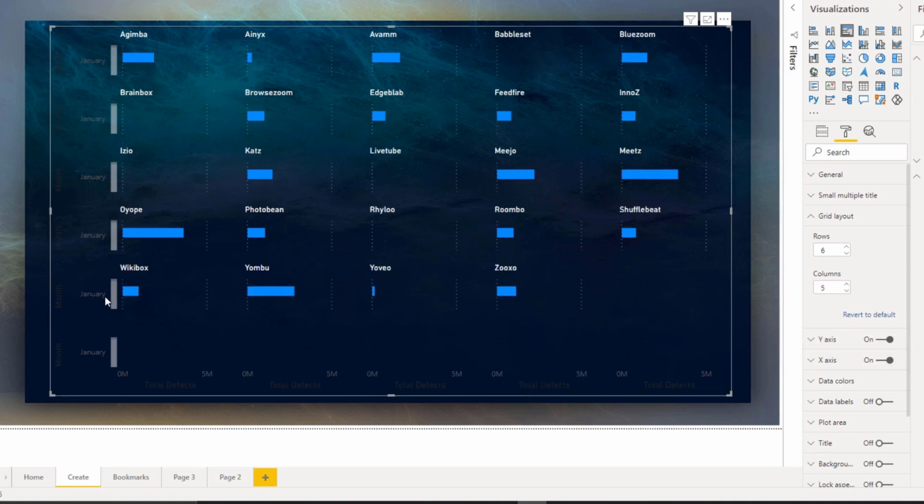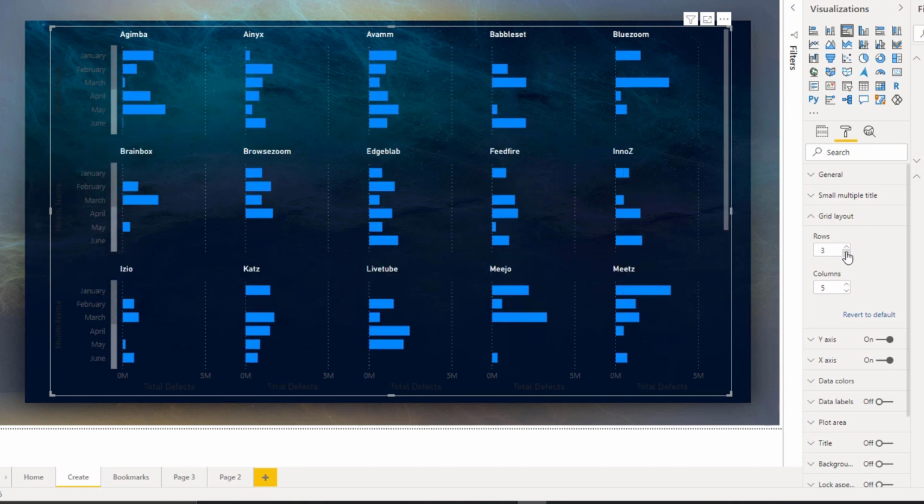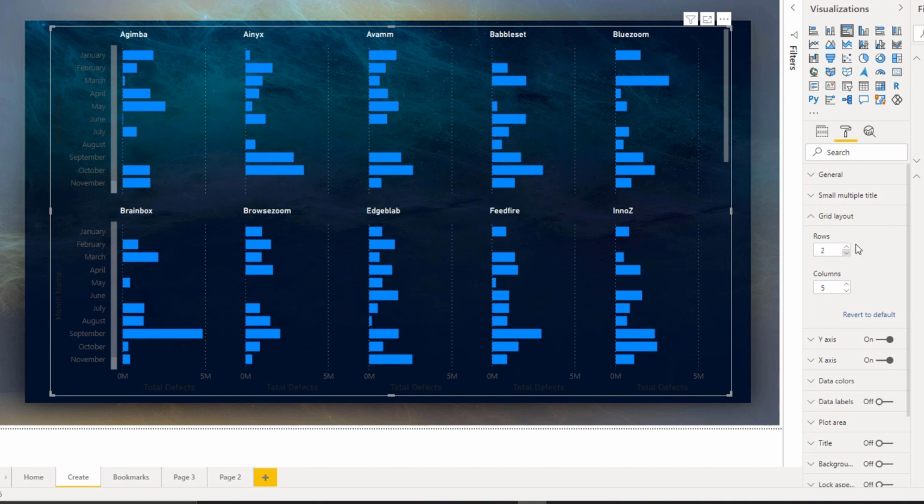Okay, so because we increase the number of rows, we are only seeing January because it is compensating for the space. So what would be the optimized number of rows? I think 2 are good. We can